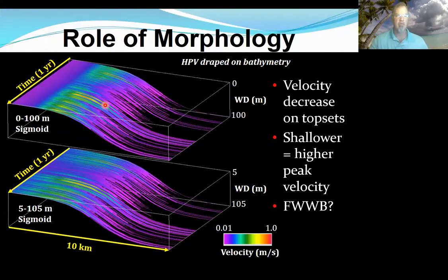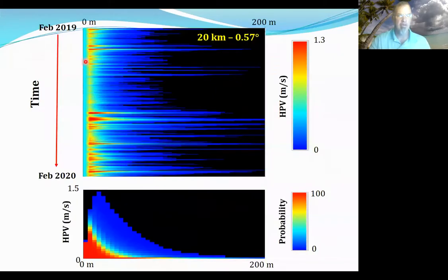We can look at this question a bit more rigorously, perhaps, and say, let's look at these and sum them, look at this probabilistically. This is the same plot we saw before, from shallow to deep through time. What we do is basically take every bin, every 5 meter bin, and summarize it in terms of a probability distribution. So this plot shows probability in the colors versus water depth versus horizontal particle velocity. So the way you'd read this would be,